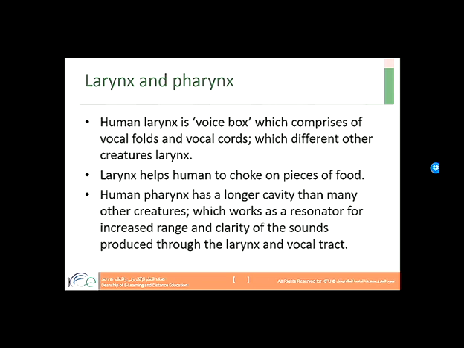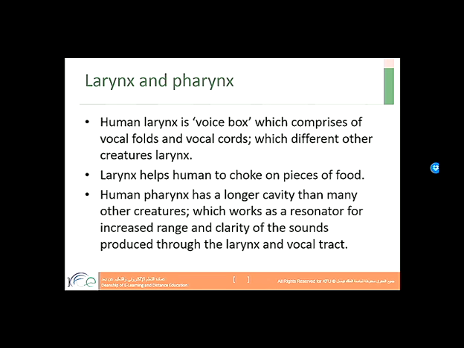Okay, let's come to the third facet of physical adaptation, which is the larynx and pharynx. The human larynx is called the voice box, which comprises vocal folds and vocal cords, which other creatures might not have.